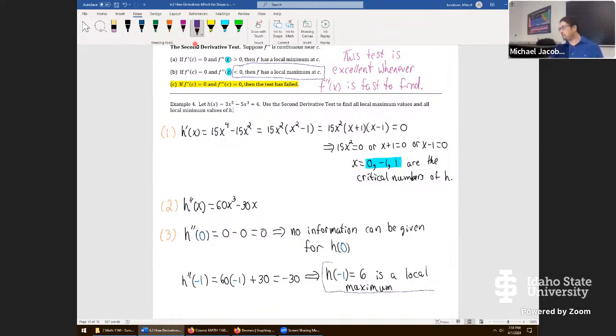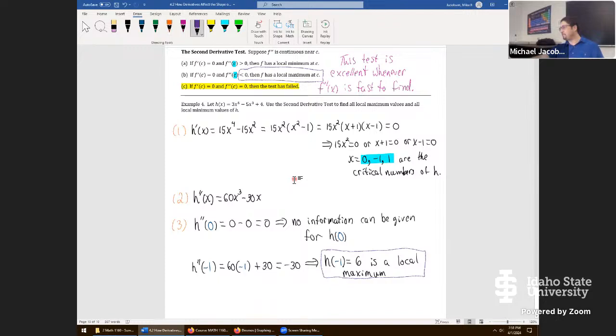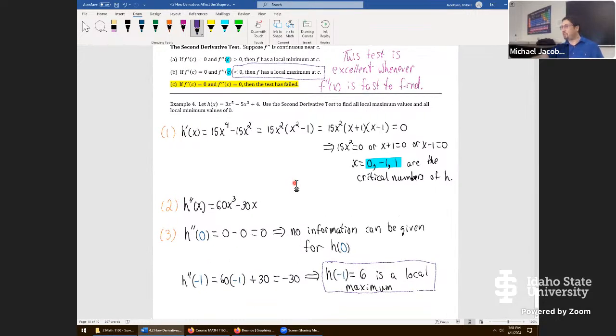Okay, I'm right at the colors for color coding. I'll just use the pencil tool to correspond how we made the conclusion from up here down to here. Then one last one to go. See if I can zoom out. That's too much zooming out. Let's keep it at 130 and do H double prime